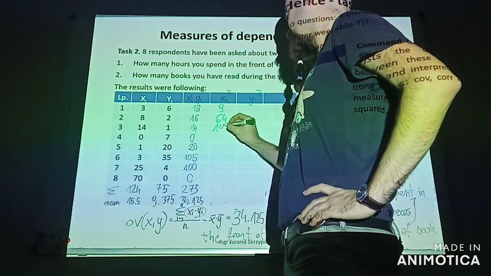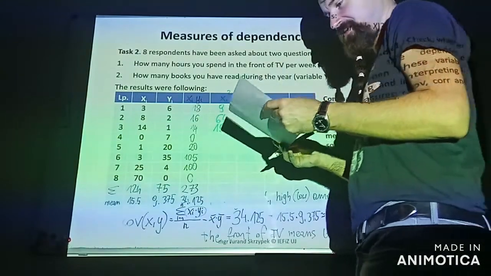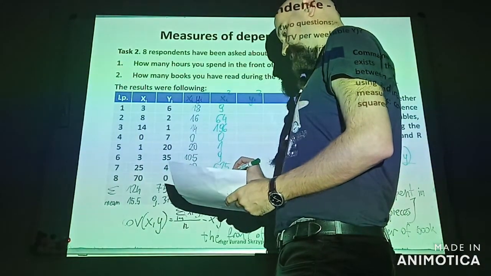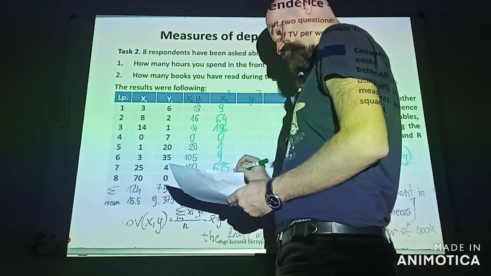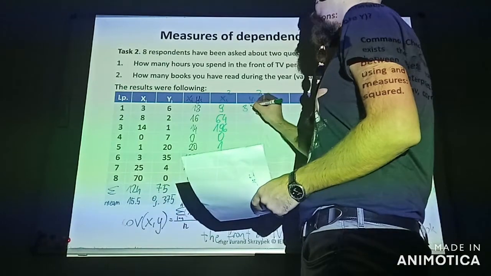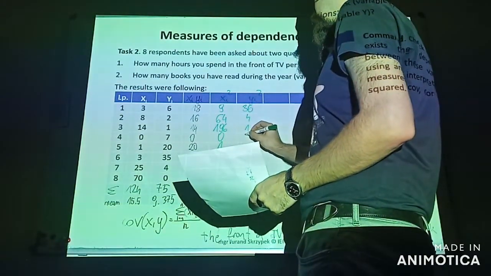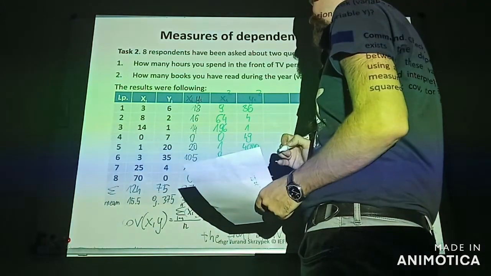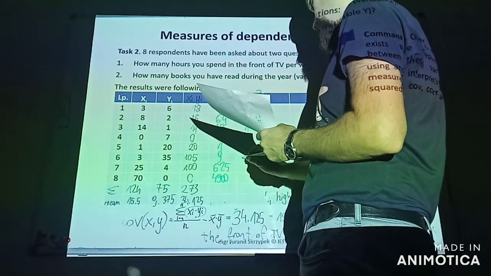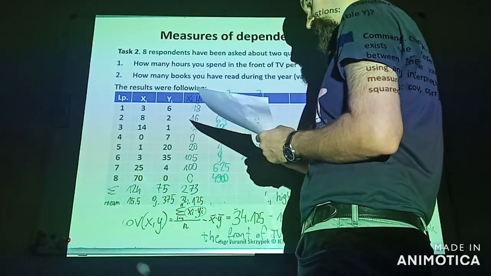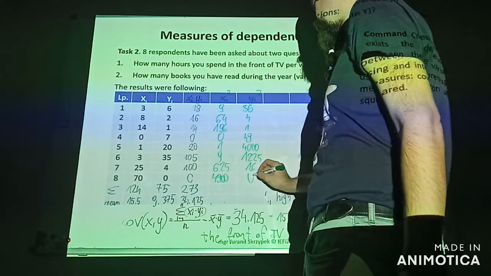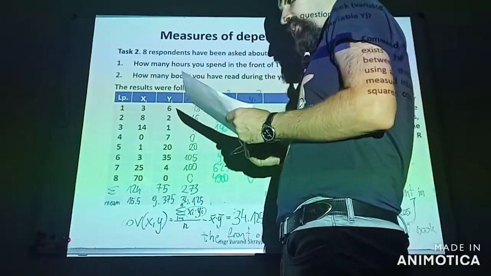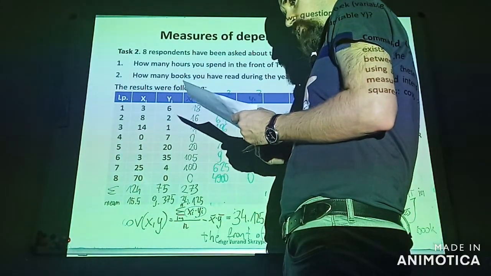964, 196, yes, 019, 625, and of course 4900, and here 36, 41, 49, 4035 is squared is 1225, 16 and 0, of course. And the partial results are following: the sum of all squares of time spent in front of TV